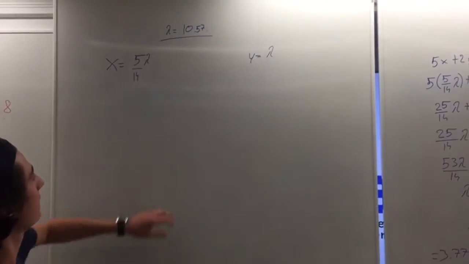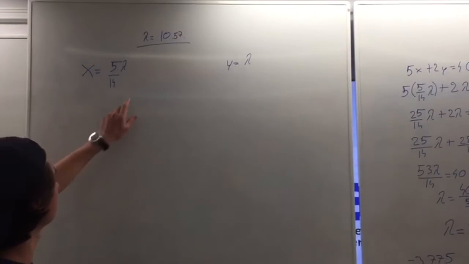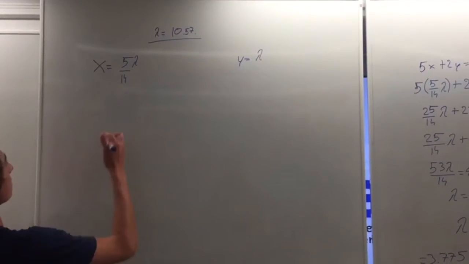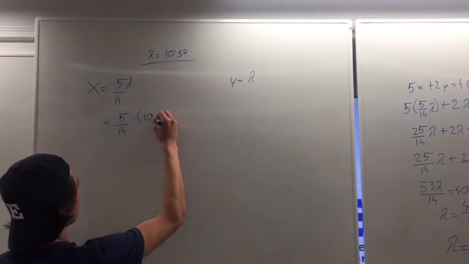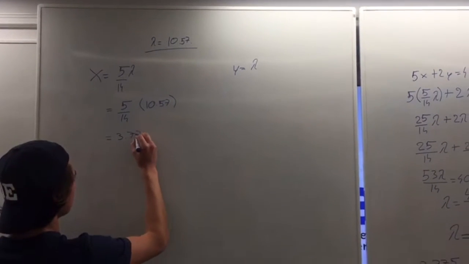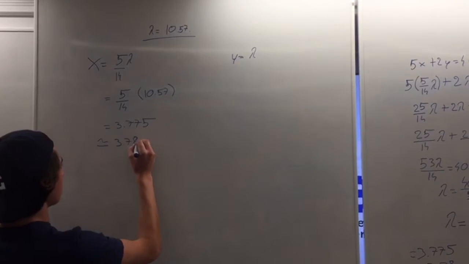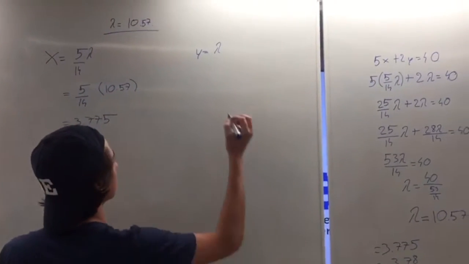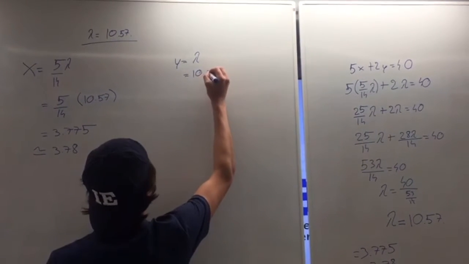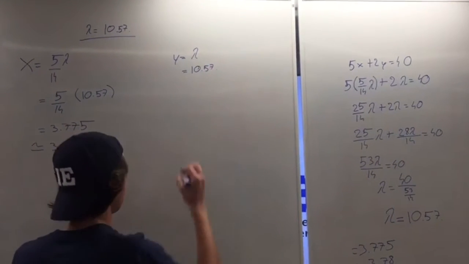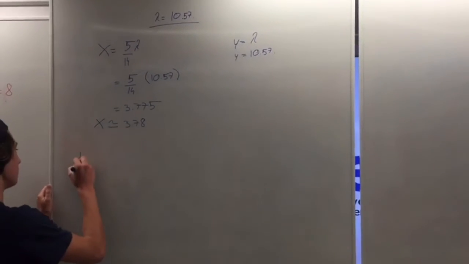Okay, so now that we found that lambda is equal to 10.57, we're going to substitute this result in place of lambda, so it will give us 5 over 14 divided by 10.57, which is equal to 3.78. And for y, it's easy, as y is lambda, so it's equal to 10.57. So now that we have our 2 points, this means that the minimum occurs